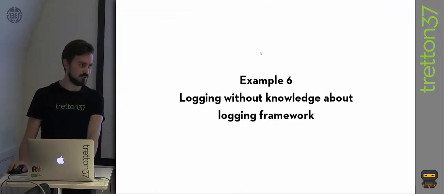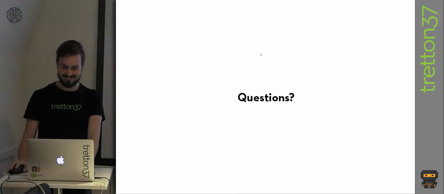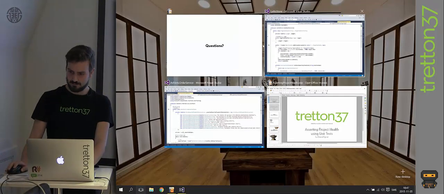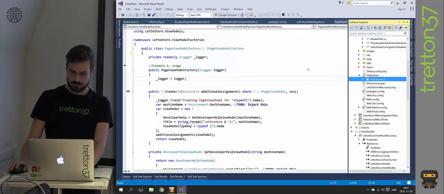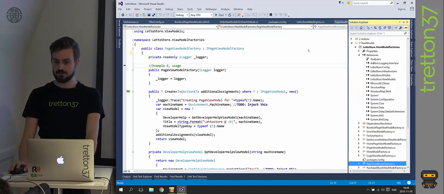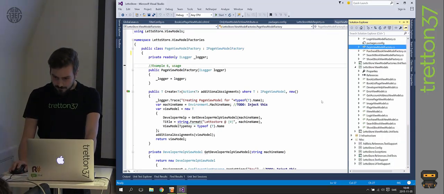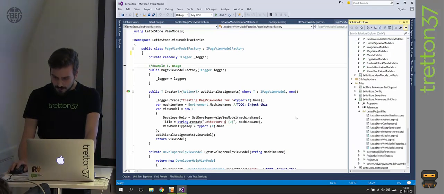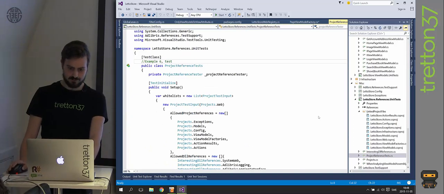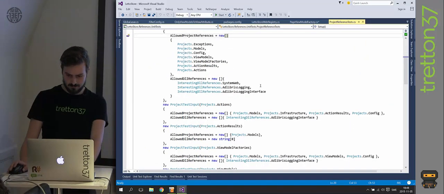I have one more thing to show you, if that's okay. And that's basically how we make sure that the ViewModel factory assembly doesn't start using the actual implementation, referencing that actual implementation. And for this we have even more tests using the